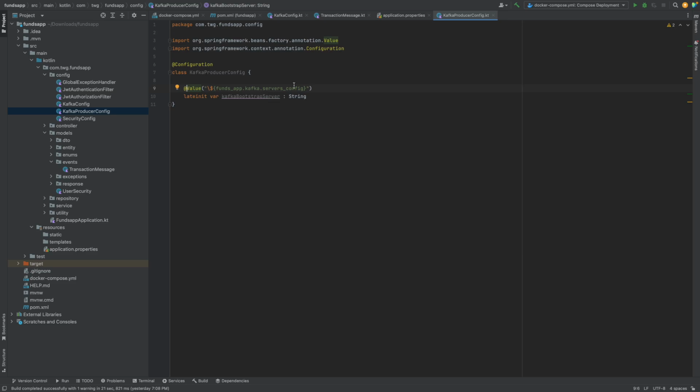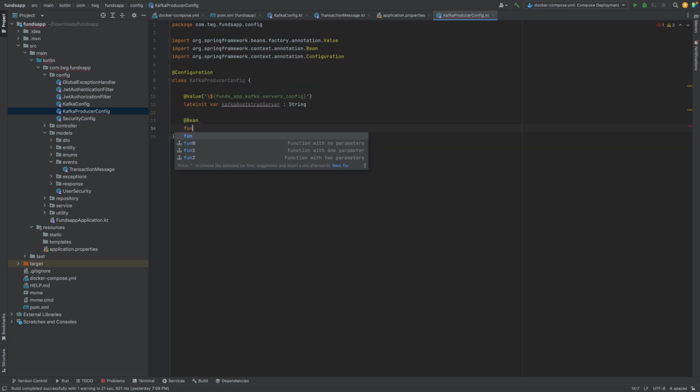So now we know where to produce the messages, because like I said, we're going to need to define the configuration for the producer here, and it needs to know where to produce the message to. So underneath here, I'm going to start the process of defining the producer factory, which is going to hold information regarding the producer, right? It's going to be the producer configuration. So do @Bean, because we're going to need to generate this when the application starts up, and it's going to be a function of producer factory,